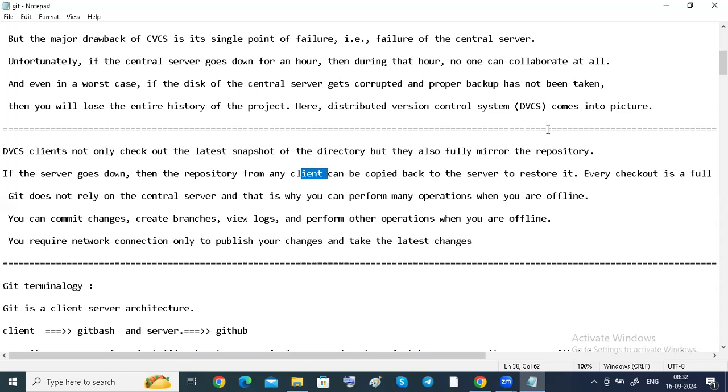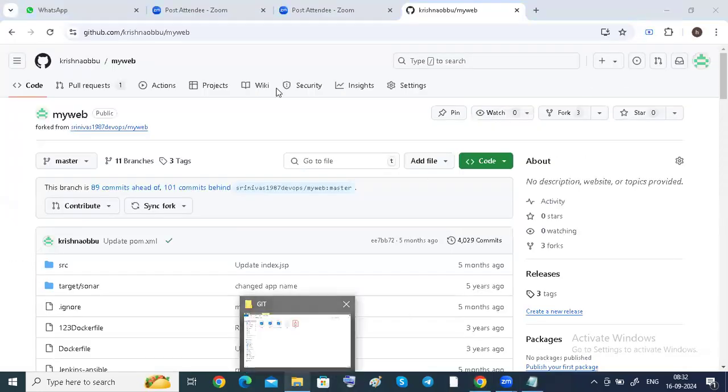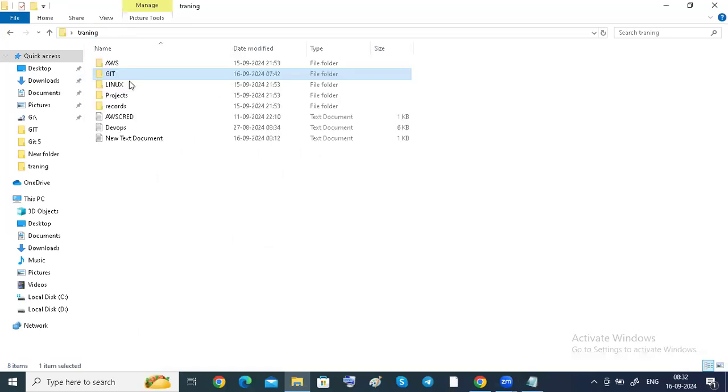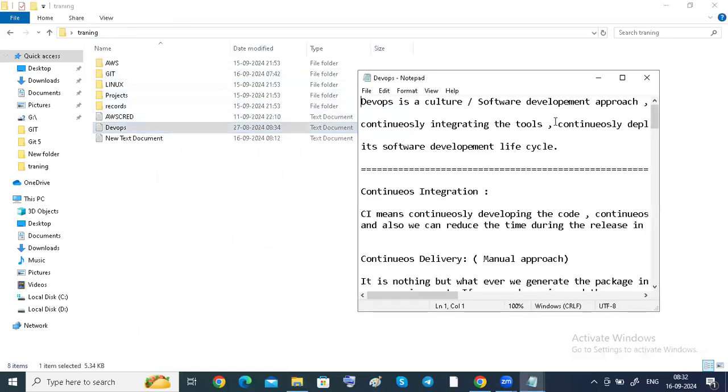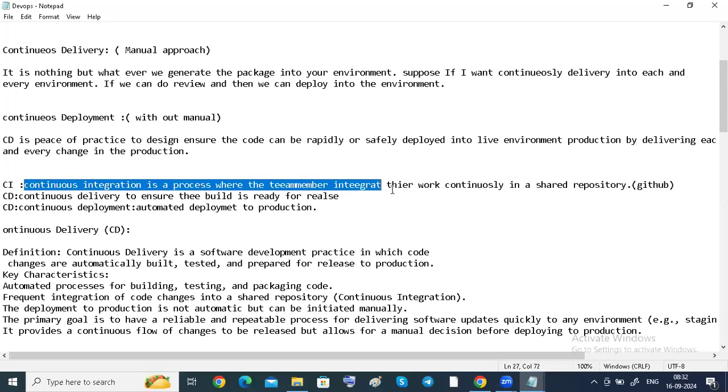We already discussed this when we covered DevOps. At that time I told you about continuous integration, and I will show you that also. In the continuous integration process, team members integrate their work continuously in a shared repository.